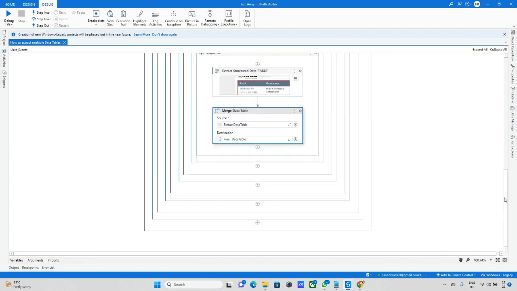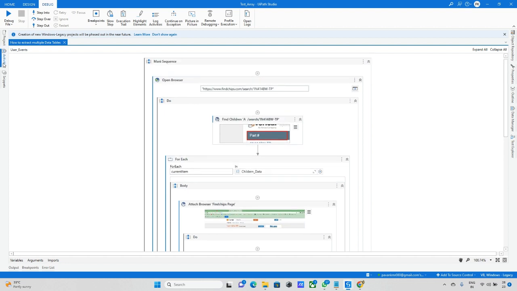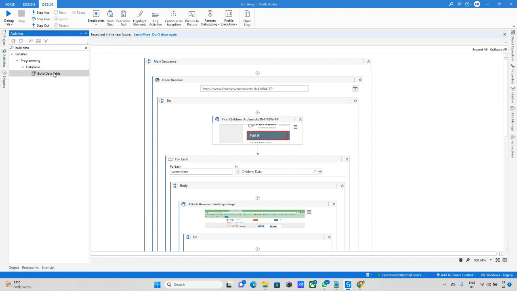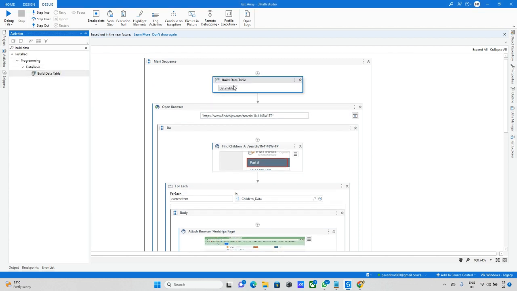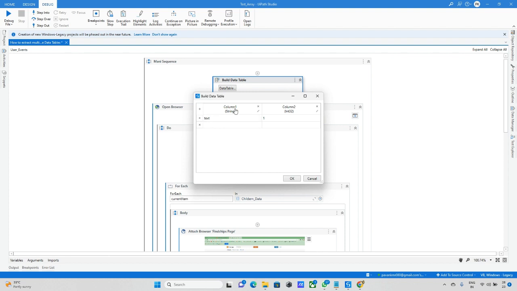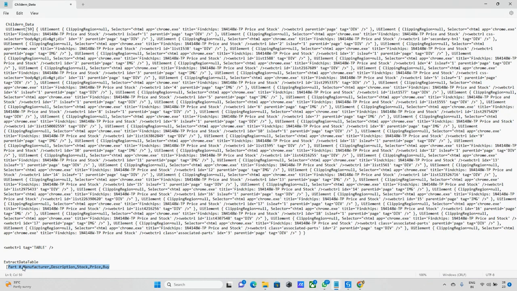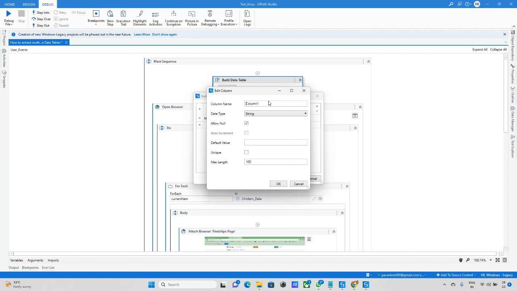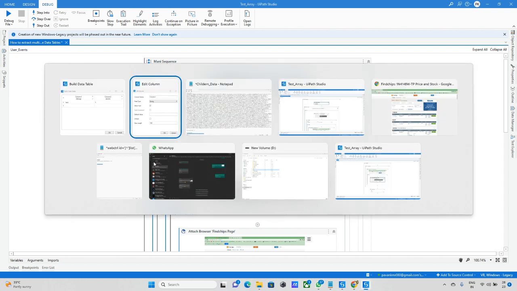So before that I need to create one data table. Okay, I have to build a data table. Because I am merging two different tables, one data table should be available. So here, let me check how many columns I have in total. One, two, three, four, five, six. So let me go one by one. So this is the column name,